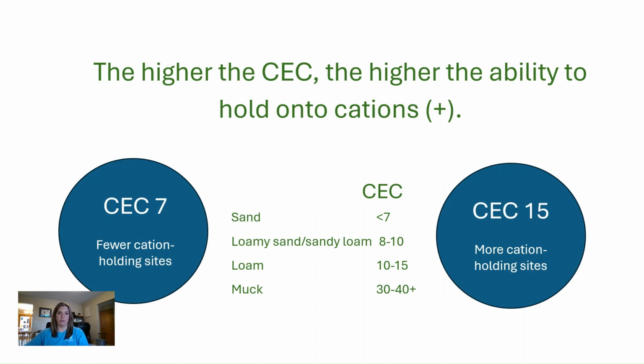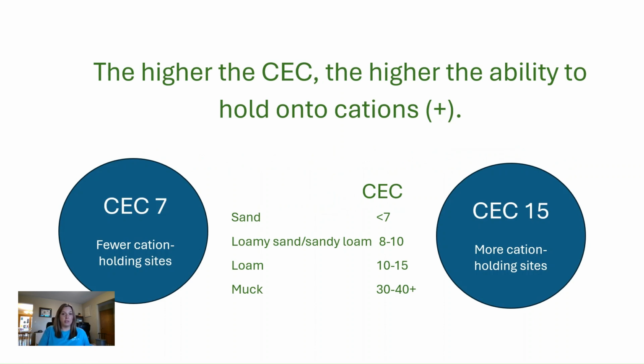the positively charged nutrients. So if you have a CEC of, I'm going to say around 7 generally, those would be fewer cation holding sites on the soil. If you have a CEC of 15, that soil has the ability to hold onto more cations. So just remember CEC, the higher the number, the higher the ability it has to hold on to positively charged